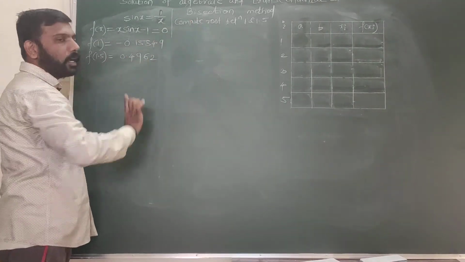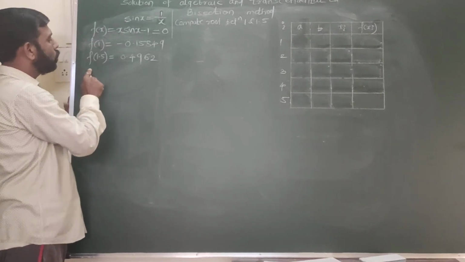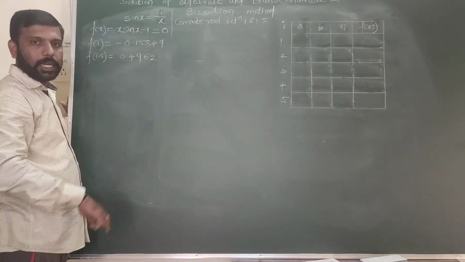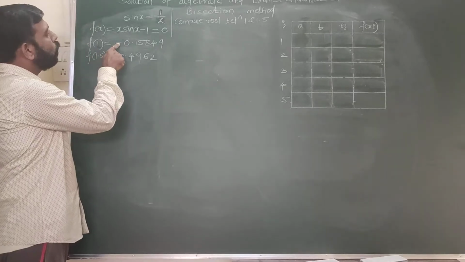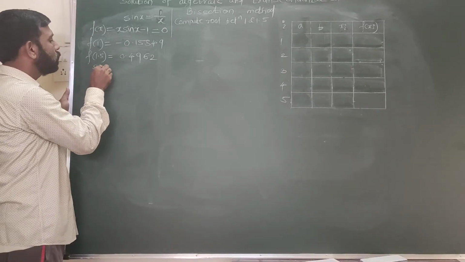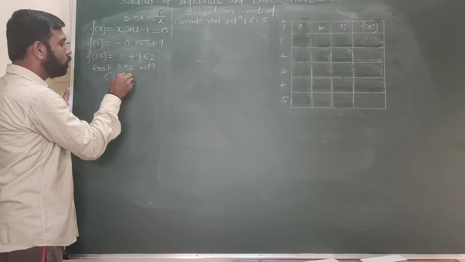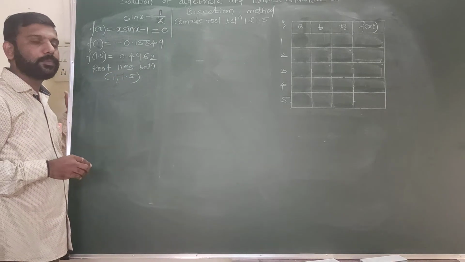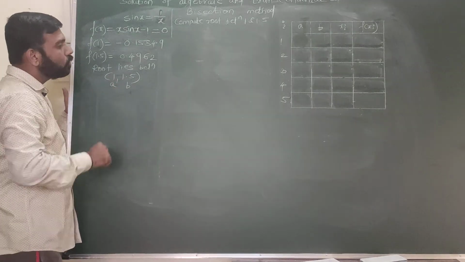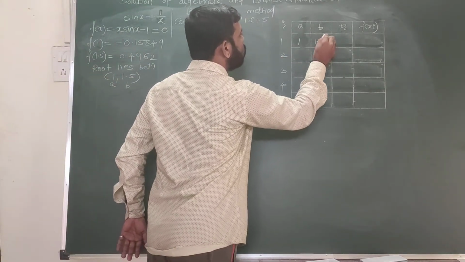Now see here, this interval was already mentioned, so we consider those two values. We have not started with f of 0 or f of 2, f of 3 and so on. For these two we have opposite signs. f of 1 is negative and f of 1.5 is positive. So we claim the root lies between 1 and 1.5. This is our interval. In the bisection formula we require these two values a and b. So the a value we mention here is 1 and the b value is 1.5.